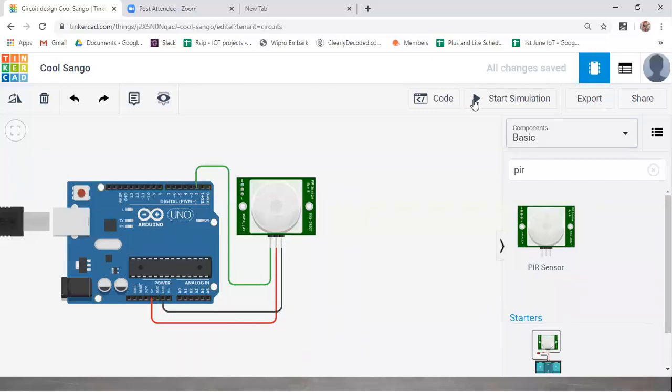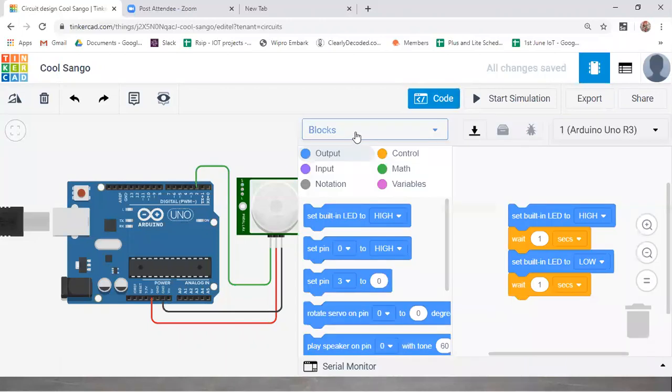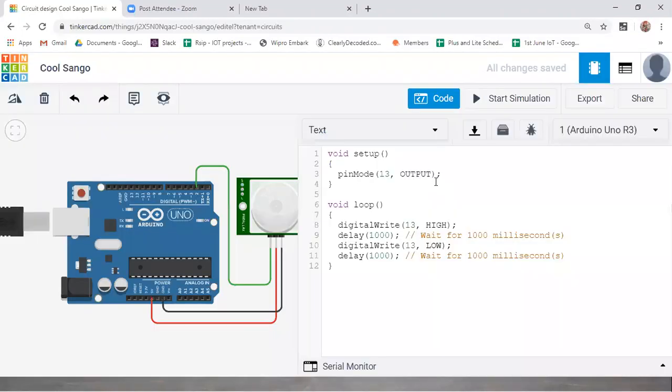Now we'll try to write the code. This would be so simple, guys. If it detects something, you will get high or low, that is 1 or 0.